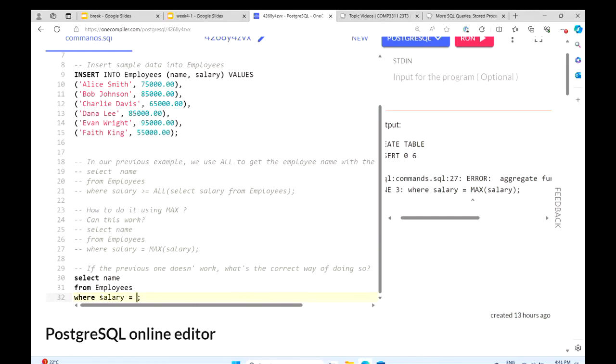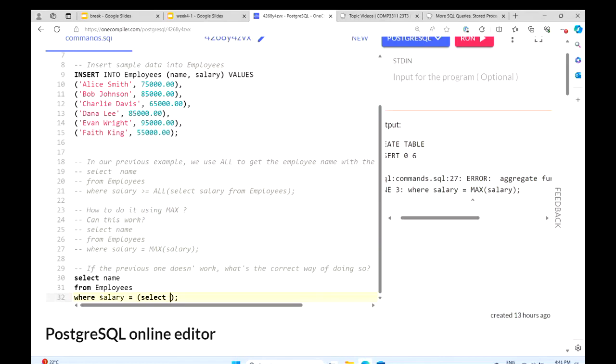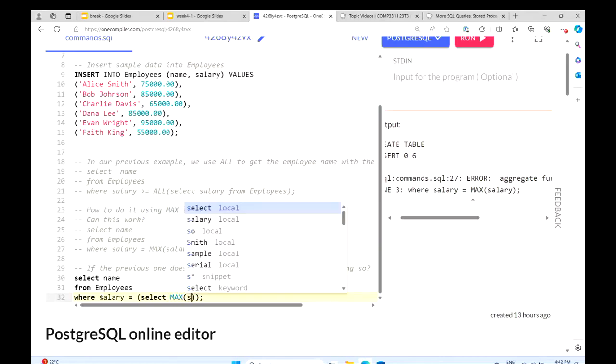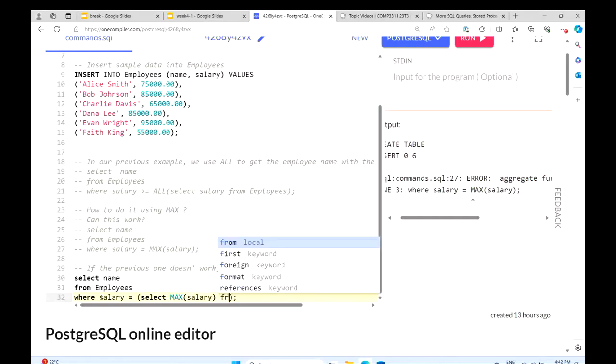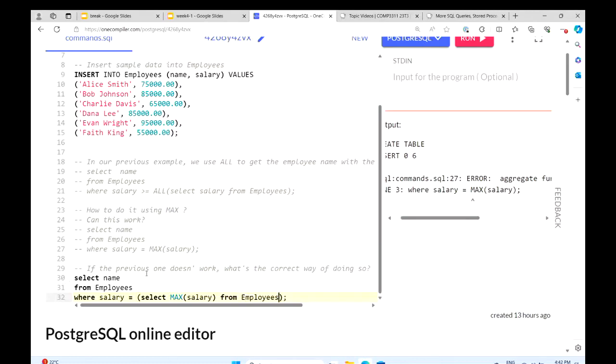However, we can put it inside a subquery. So what we can do is select max salary from employee.